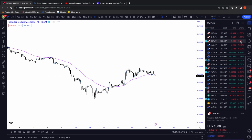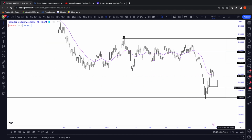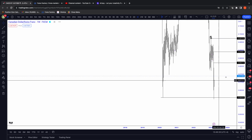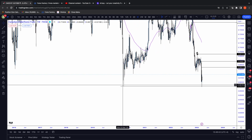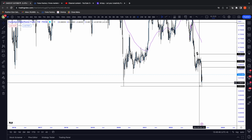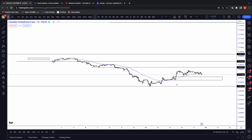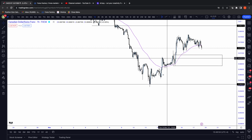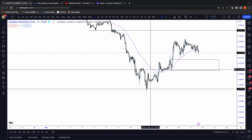Next we have CAD Swiss franc, which I do believe we can take on to the upside. This one has run out a significant historical low. Within this wick from 2020, you can see that we tapped right through it and have retreated since then. You can see that that objective is met, and once that objective is met, they switch to a new objective. So we kind of accumulate in price, run that low out,